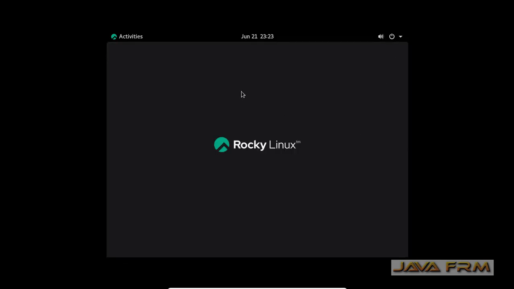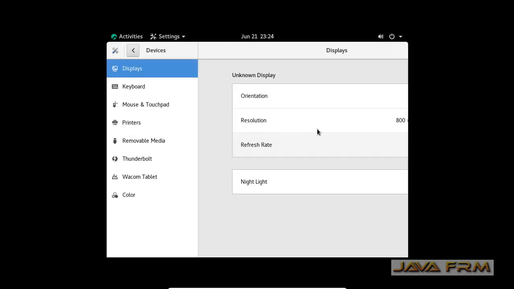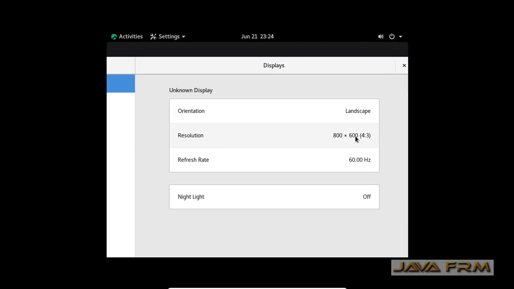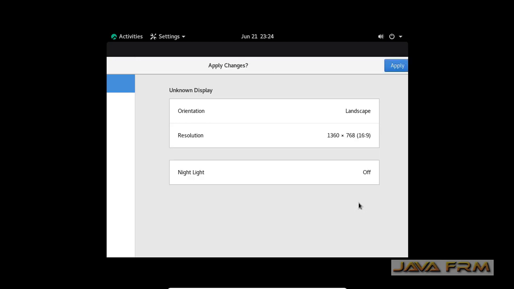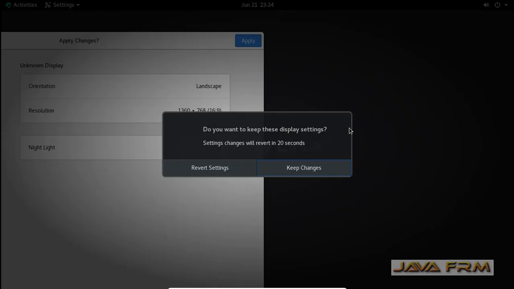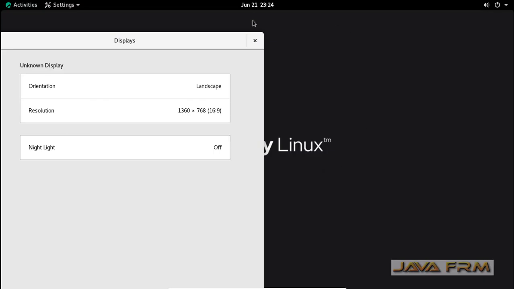Now first I am going to change the display settings. Right click on the desktop and open display settings. You can see the resolution. If you click the resolution, you can see a lot of resolution types. I am selecting the resolution according to my monitor.